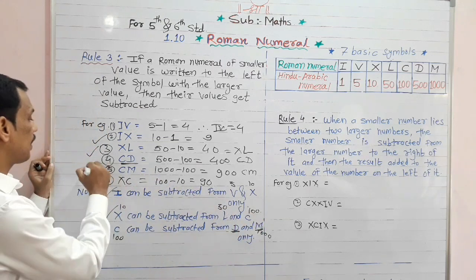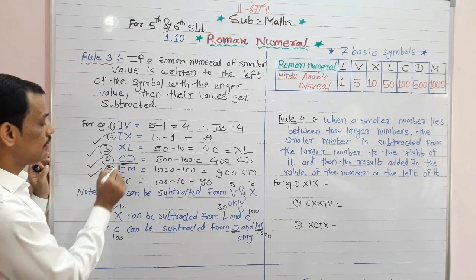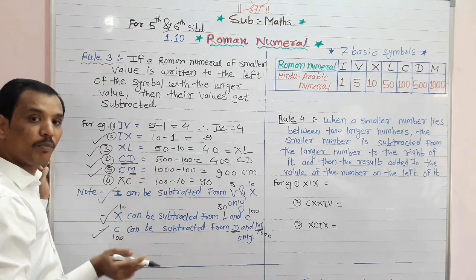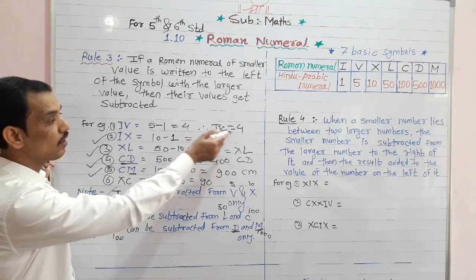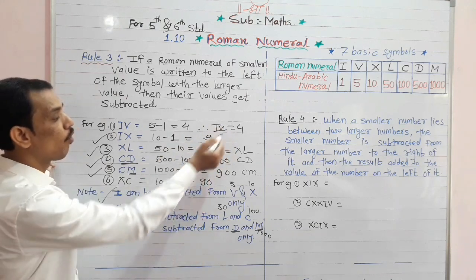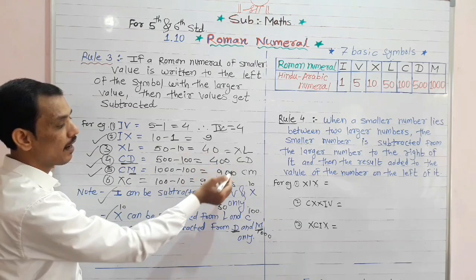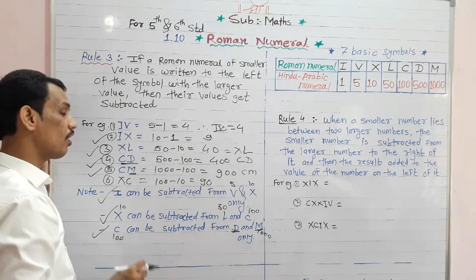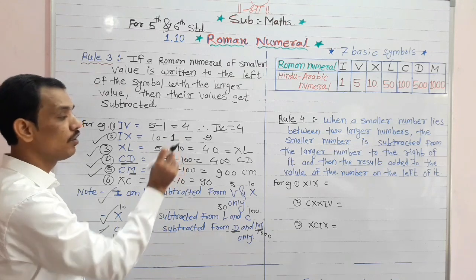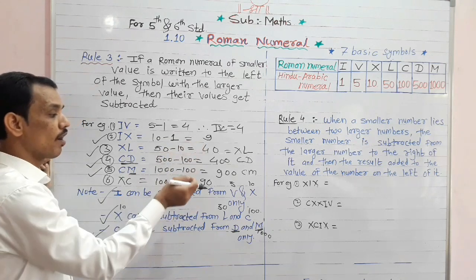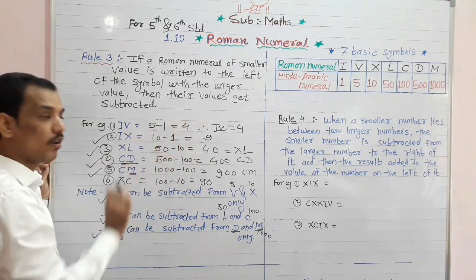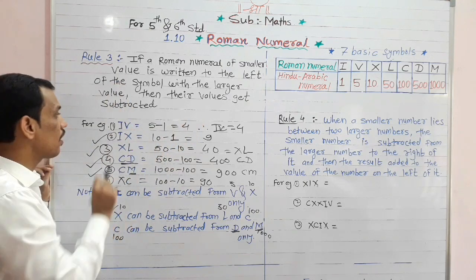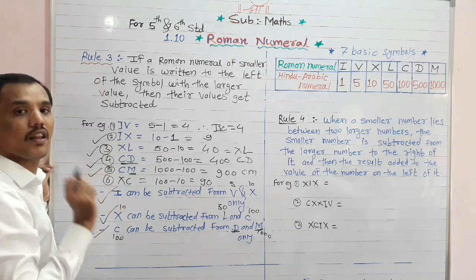So we go through this example, example number 4 and 5. This is 100, and 100 is subtracted only from D and M. I hope you understood this example. Please remember all these symbols for Roman numbers: 4, 9, 40, 400, 900, then 90. These are the important Roman numerals. Students make so many mistakes when they write the Roman numeral for 40, 400, 900, 9 and 4. But if you go through this rule, you never make a mistake. You always solve the example right. You always give the right answer.